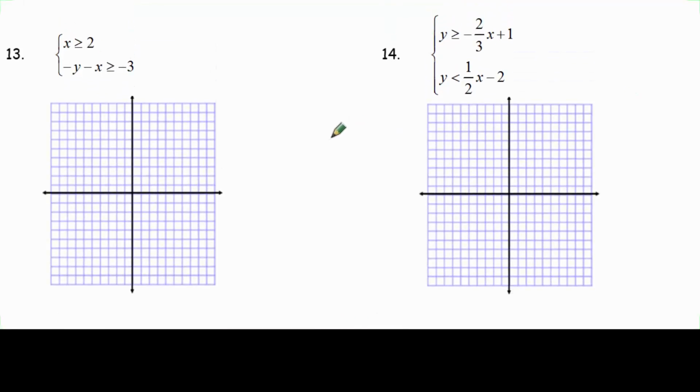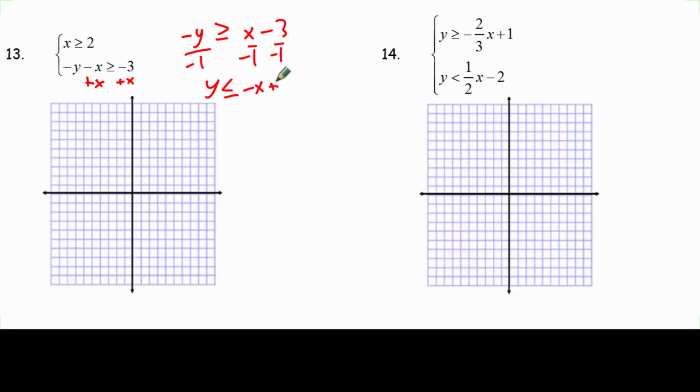Okay, so that's our target 23, and that's a system of inequalities. Now in these problems, they're pretty much exactly the same thing as before. The first thing you really want to do is clean these up and move over your variables if you need to. Negative y is greater than x minus 3. Divide by negative 1, get the y all by itself, and so y will be less than or equal to